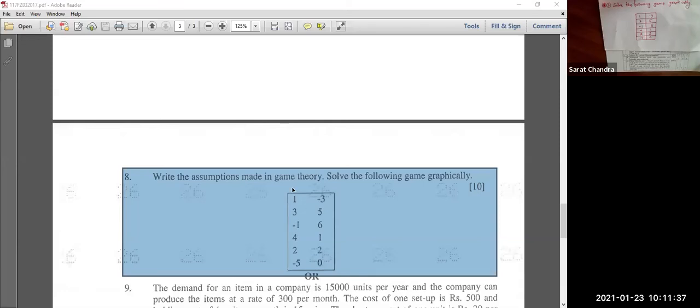At the same time, you try to do it on your own and tell me what answer you are getting. So the thing is, just a minute. One thing, it is not written here. If you can see the question, A1, A2, A3 are not written. Here also B1, B2 are not written in the question paper. I mean, they have not written the strategy names.